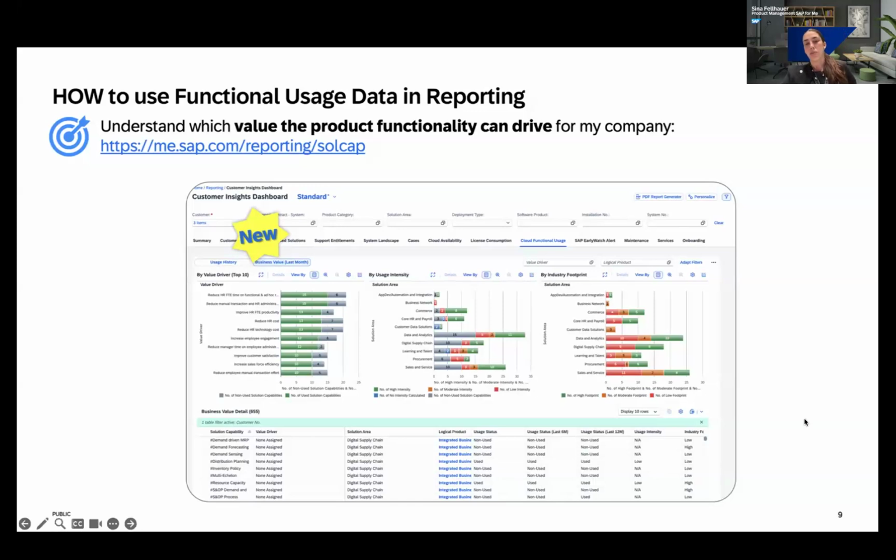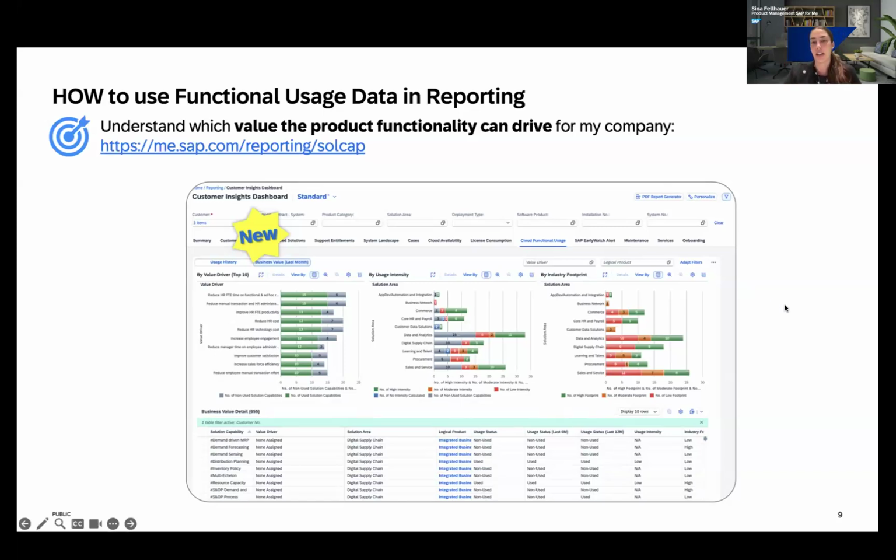And a use case that I could imagine that would offer you some insight is, for example, filtering down to, if you're looking into commerce, again, let's stick with this example, you click on the 5 solution capabilities that are used by a high number of peer companies. Then it outlines exactly which solution capabilities those are, and it shows you, are you using them? Are you using them with a low, moderate, or high intensity?